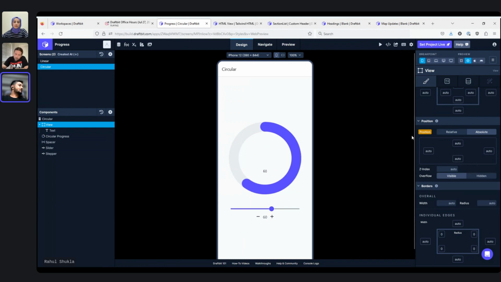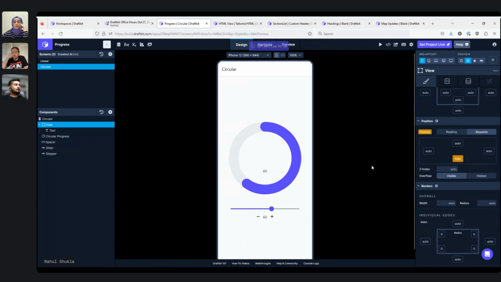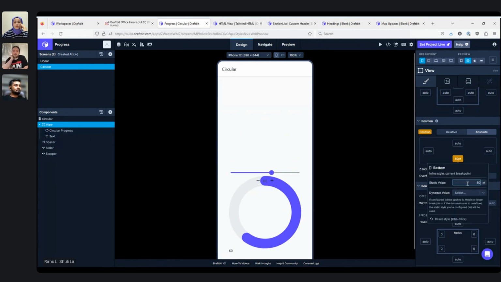That's basically how your screen is broken down into components. You can have some sort of a percentage here, static value, dynamic value, whatever you need to position these for you. So if I do bottom maybe 50, it goes, okay. Because right now this is taking the absolute position of the screen. So if I play around with it a bit more, maybe I can. Anyways,